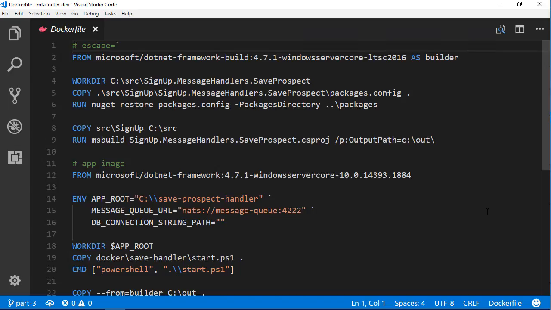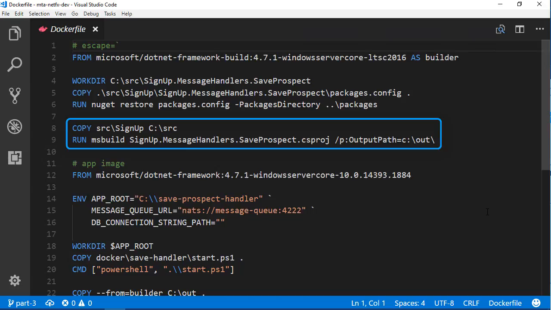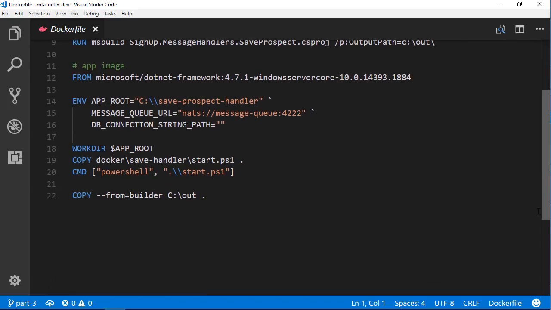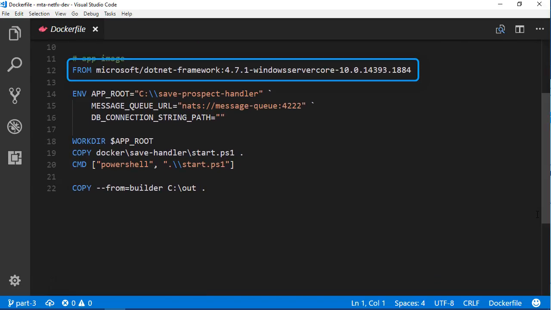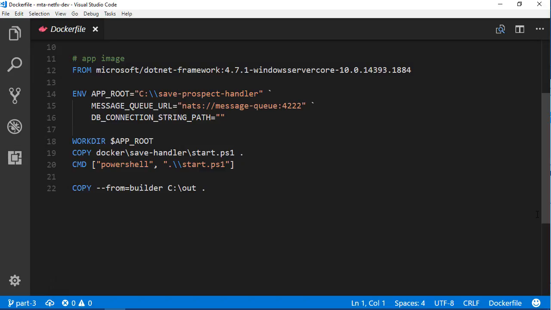That image has NuGet and MS Build and .NET 4.7.1 installed. So in the first stage, I run NuGet Restore for the console app and then run MS Build. The final stage starts from Microsoft's .NET Framework image. This has .NET 4.7.1 installed, but none of the build tools, so it's the slimmest image I can use for